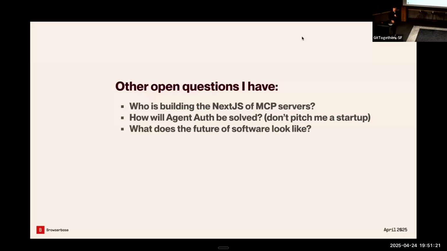And finally, what I really think about all the time is, what does the future of software look like? Software to me in the future is software doing work on our behalf. It's not going to be a chat interface within TurboTax. It's going to be a button that you click and it files your taxes for you. And that's this really beautiful future of software where we're not building chat widgets or little tools. We're building more powerful buttons that if you click it, it does some magic.